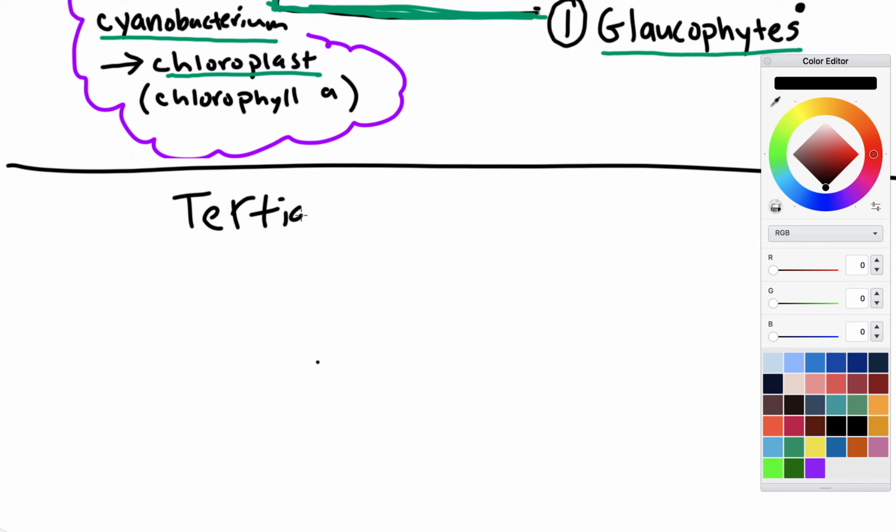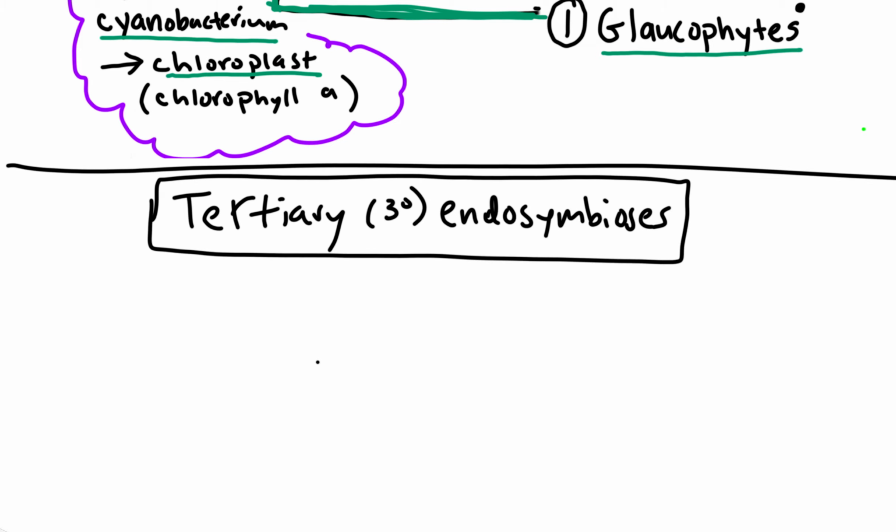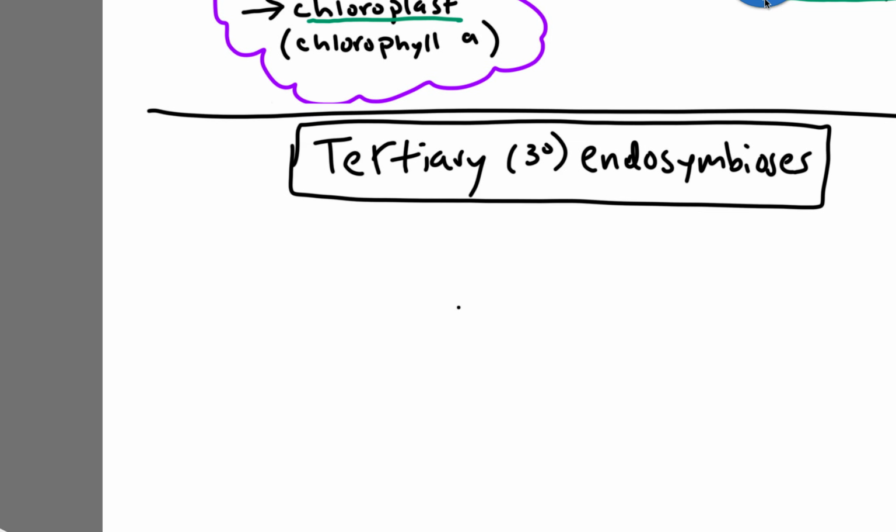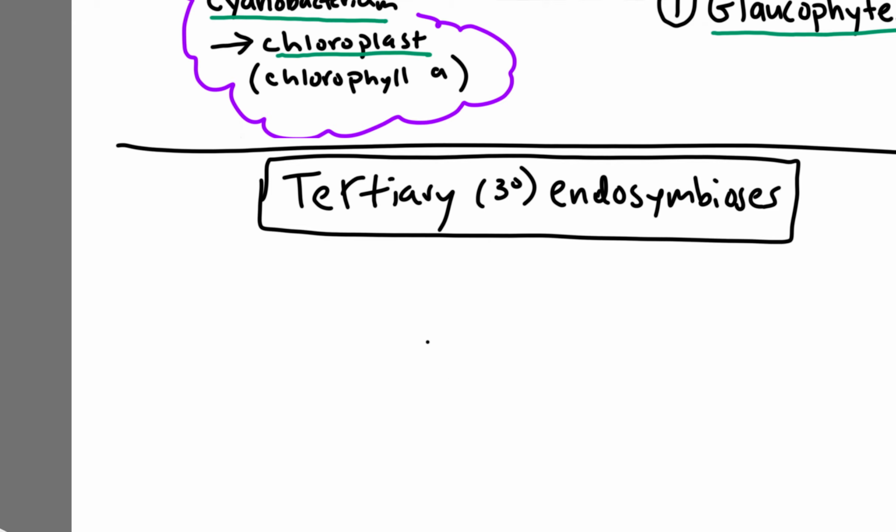Tertiary means third. So I'm not going to need you to know the super details about which groups derive from each of these, but I do want you to have a familiarity with it. So particularly, I mentioned the dinoflagellates are wild and crazy. This is why I say that. So what it looks like is that we have certain types of dinoflagellates, and they got their chloroplasts right from the red algae. It looks like that dinoflagellate then